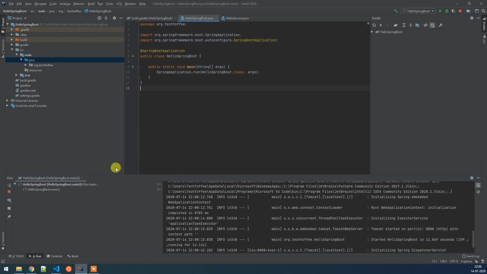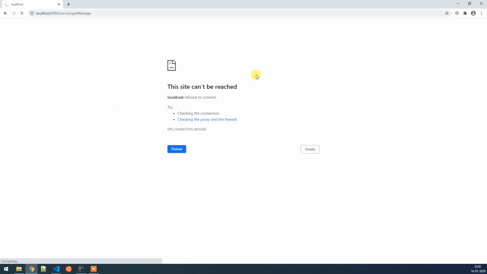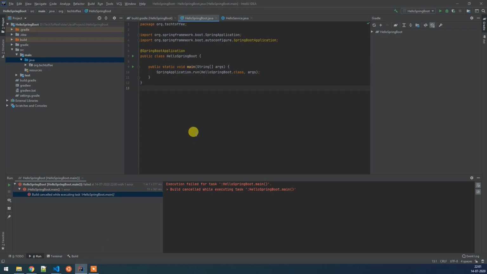Now we can stop our server and then try to hit the URL again. If we try to hit it again, it will say that the server is not reachable because we have turned off the server. Now we can start it again and test again whether we are able to get it or not.